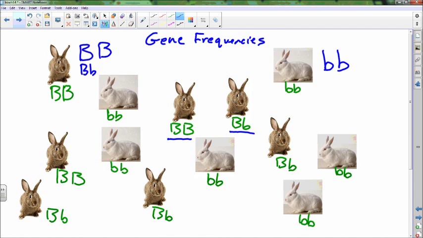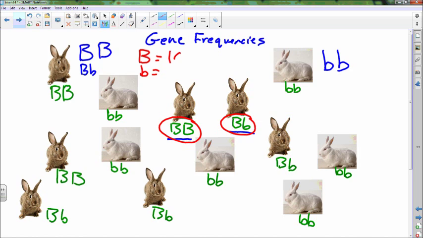Now what we want to do is look at how many of each allele there are. So what we're going to do is count up the big B's and the little b's and get a total number. So for example, in this rabbit right here, we have two big B's. So we would put a 2 there for the big B's. For this rabbit right here, he's got one of each, so we would add one to each. And if we go through and add all of them up,